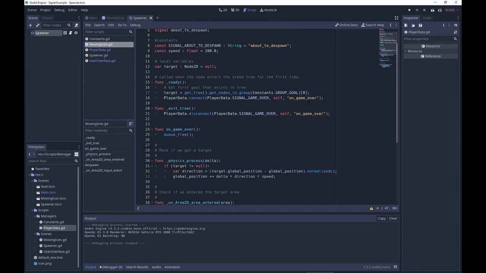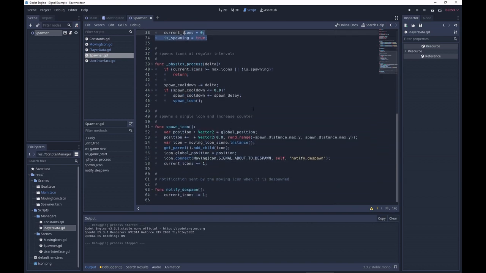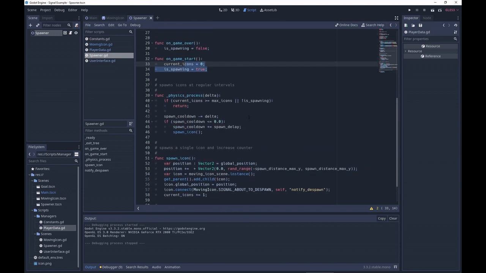So we can now see that when a game over happens, we delete ourselves, right? We can see that here. We don't now have some third party who is modifying this on game over. If we open this in the future, we very clearly see that when this game is over, we free our icon. And the same in the spawner, we can very clearly see that we stop spawning on game over and we start spawning at game start. This makes the code a lot cleaner, and it's also a lot more